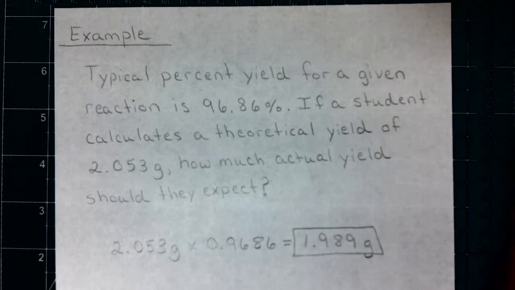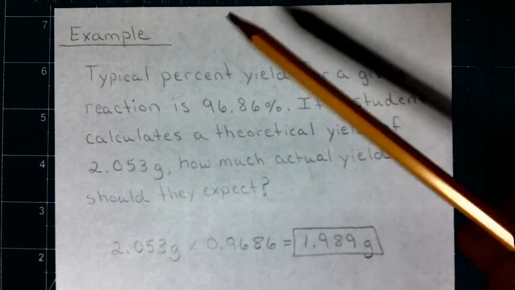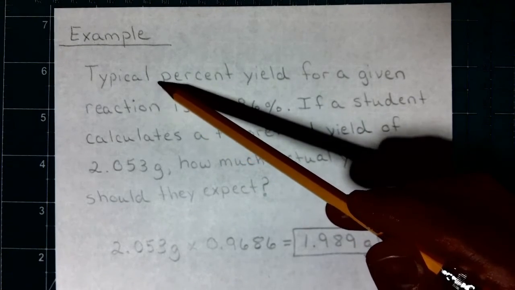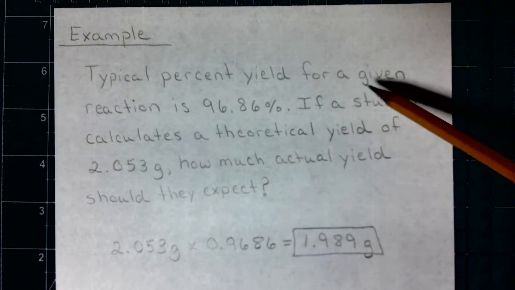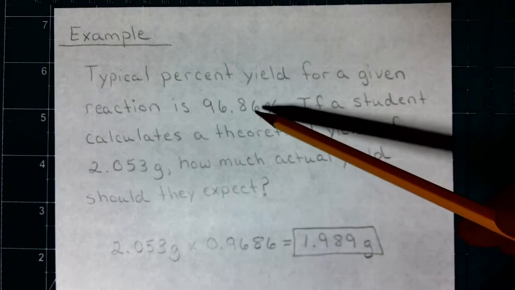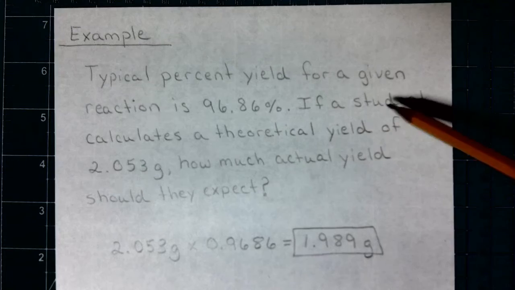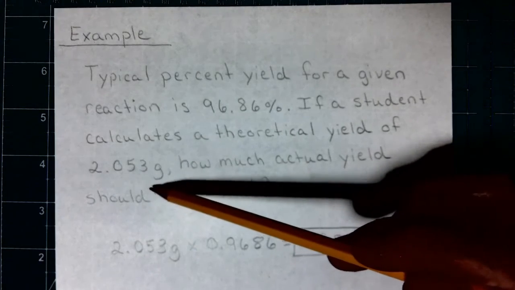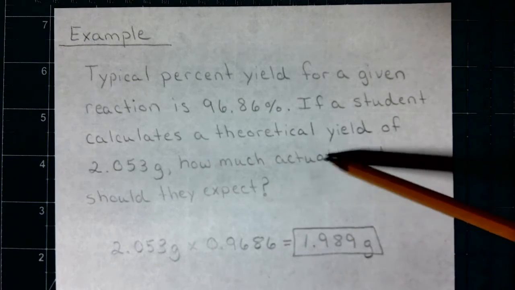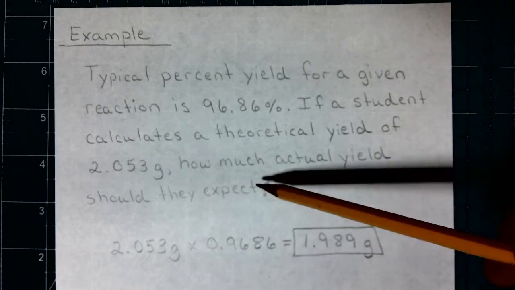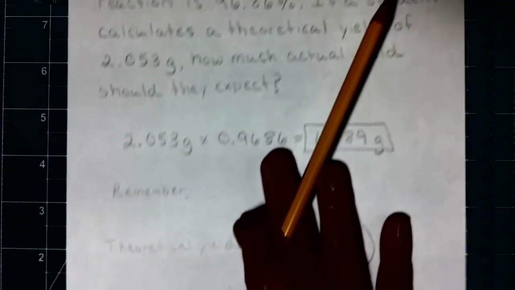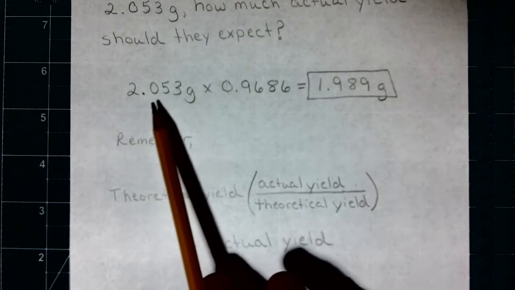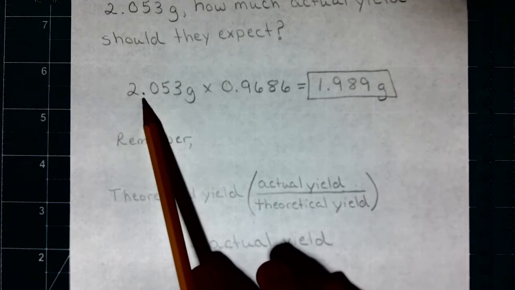Let's look at one other example of percent yield type question. So a typical percent yield for a given reaction is 96.86%. If a student calculates a theoretical yield of 2.053 grams, how much actual yield should they expect? So if it was 100%, we would get 2.053 grams, but it's not. It is